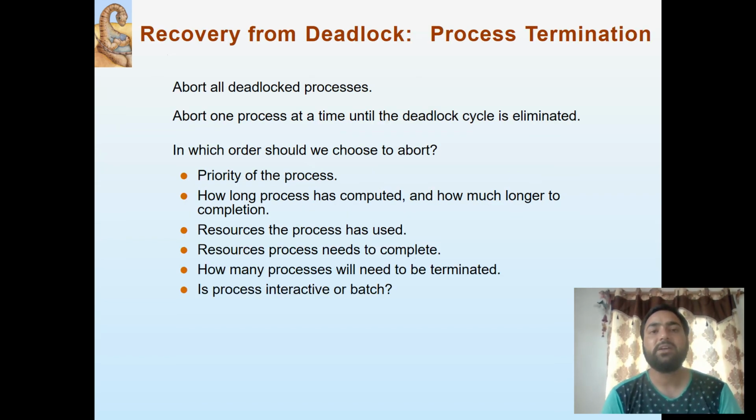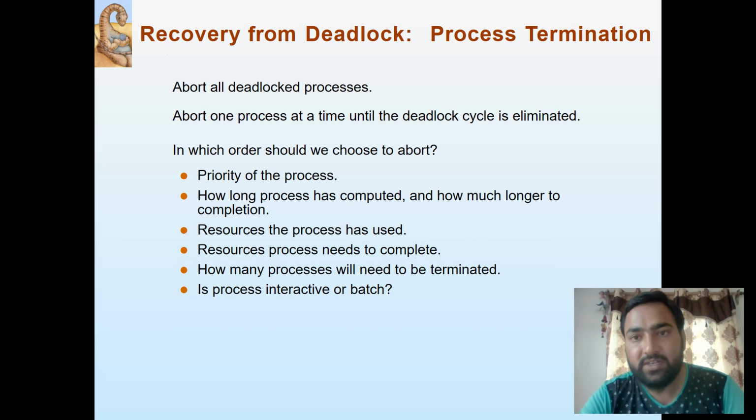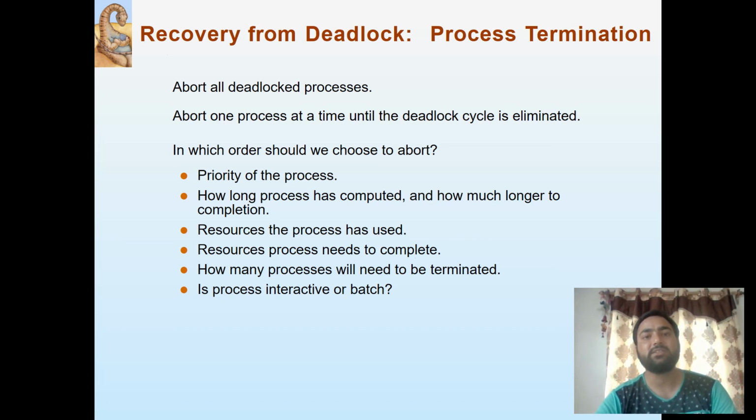Then comes recovery of the system from deadlock. There are two methods to recover from the deadlock. One is process termination, and another one is resource termination, or resource preemption. Process termination tells us that we have to abort, either we can abort all the deadlocked processes in